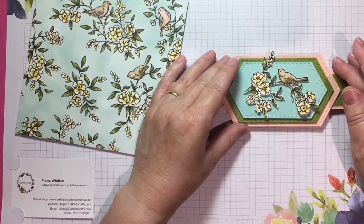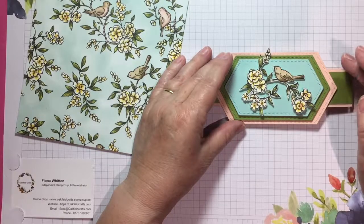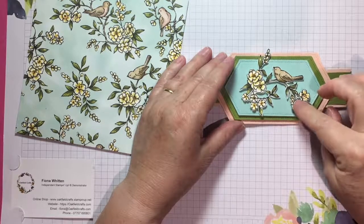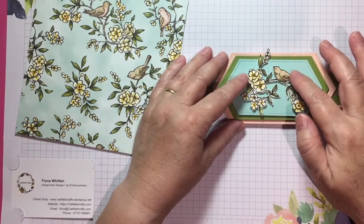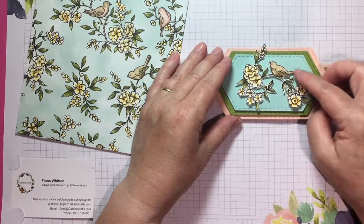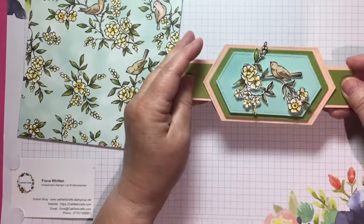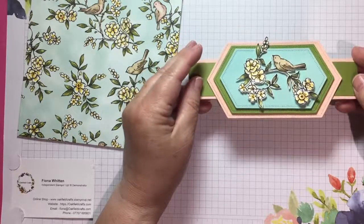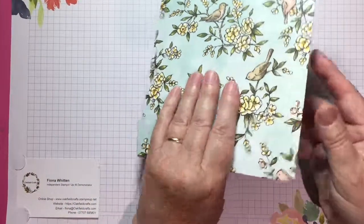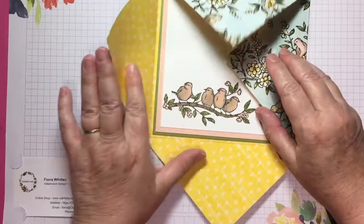Yes, I did do some fussy cutting in the end. I swore I wasn't going to, but it just kind of begged to have some fussy cut flowers and birds on. So what I actually did was I glued the bird and the flowers to a piece of Whisper White and then cut it out, because that gives it some extra strength. And then this is a separate little flower. So that's the belly band. And then this is the card, and when you turn it over, you will see it looks like an envelope, and then when you open it up,